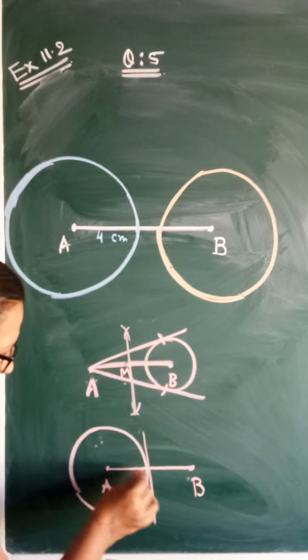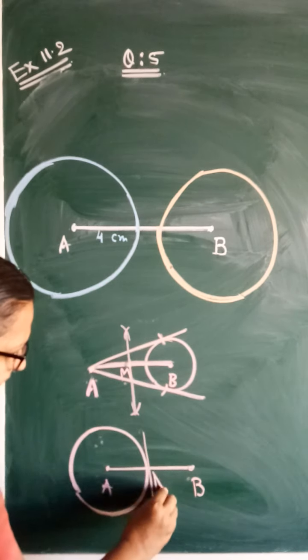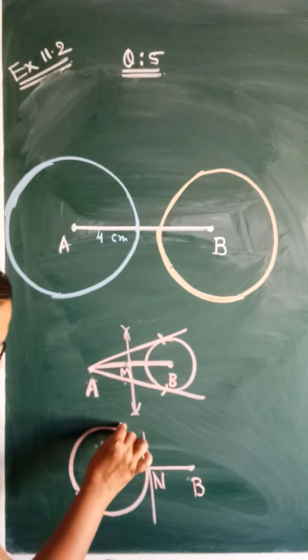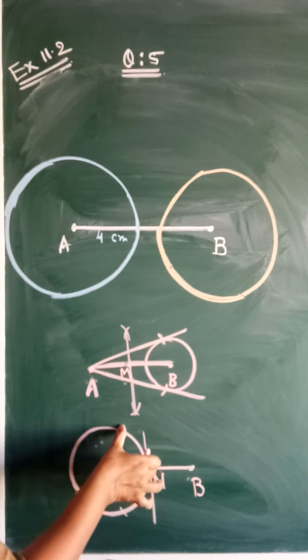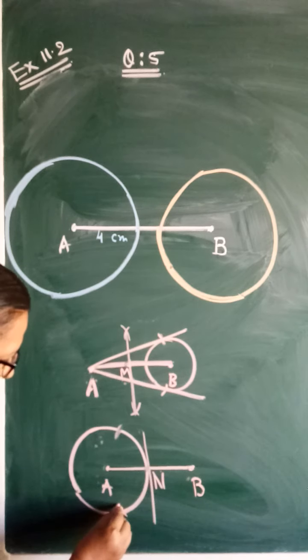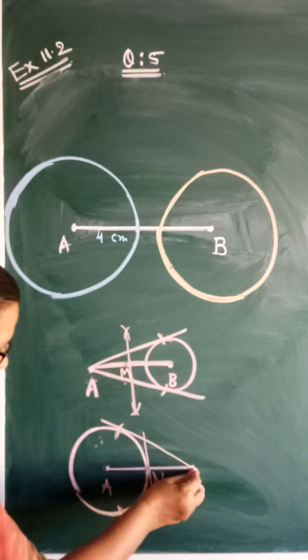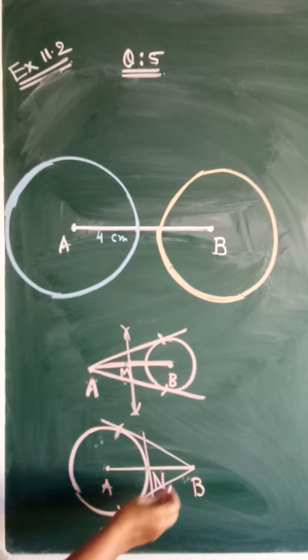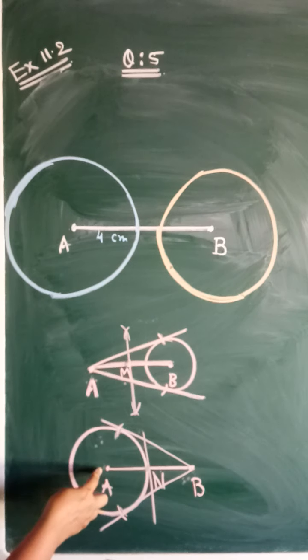Then taking again this distance, here I have written M. So suppose I am writing here N. So taking NA distance, give an arc like this. Taking NA distance, give an arc upside, downside. So these are the two arcs. Join that. So you can see from center B we have drawn tangents to the circle with center A.